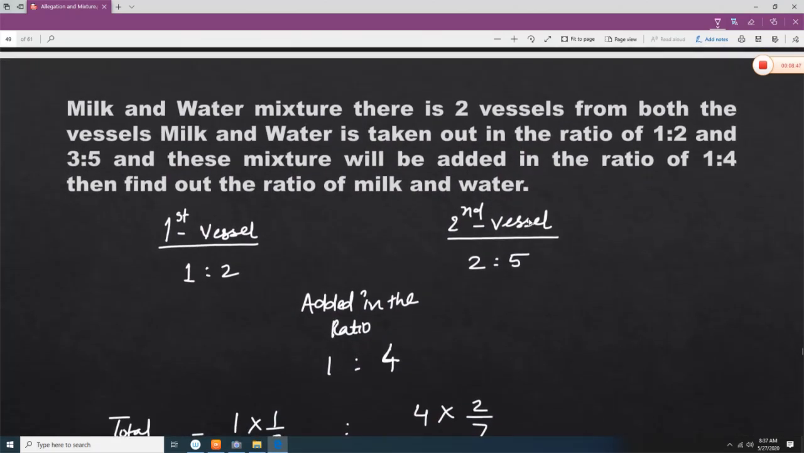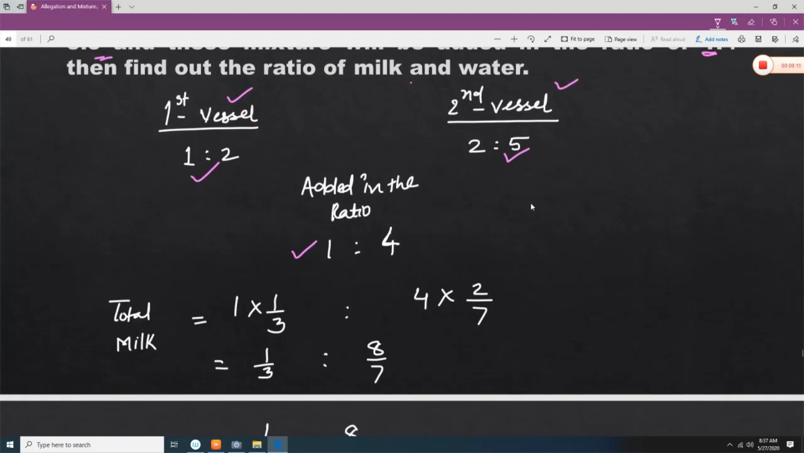Milk and water mixture, there are two vessels. From both the vessels milk and water is taken out in the ratio of 1:2 and 3:5, and this mixture will be added in the ratio of 1:4. Then find out the ratio of milk and water. So in the first vessel it is 1:2, in the second vessel it is 3:5, and the new ratio is 1:4. So